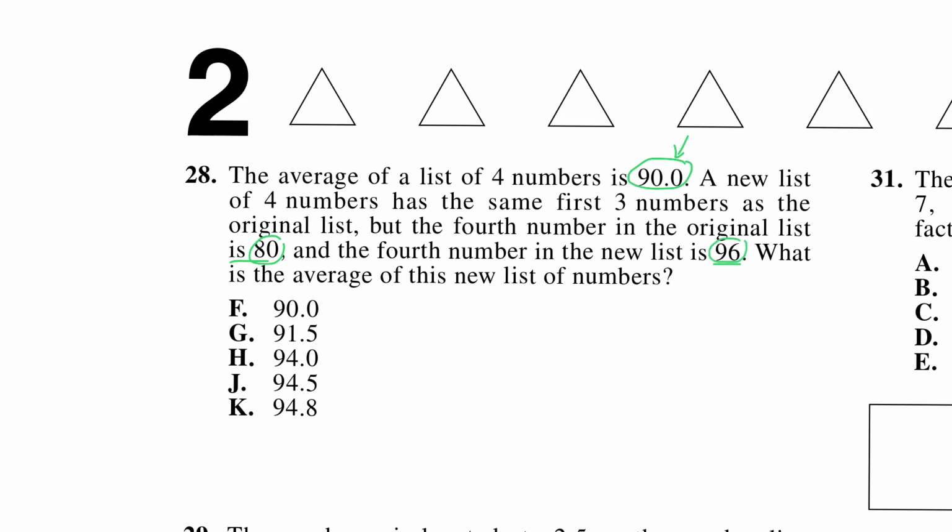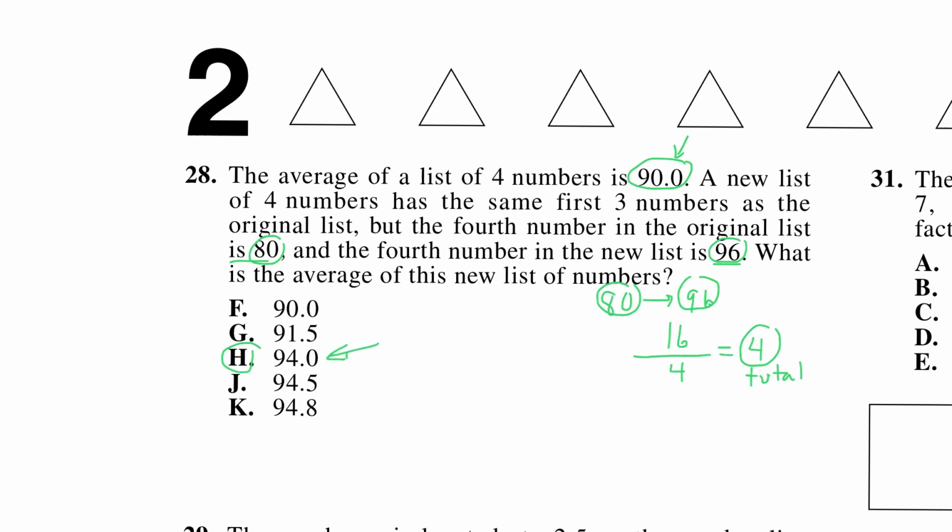What happens to your average? Well, if you go from 80 to 96, that's a total of 16 points added to the sum of the total. But remember, when you average 4 grades, you have to divide by 4. So the net difference would be a total of 4 points. Okay, so if you were at 90 and then you change one test grade from 80 to 96, that increases your average from 90 to 94 because you're going to add 4 points. So the answer here is H,